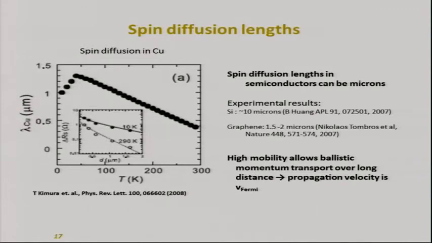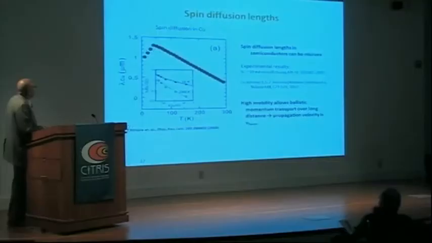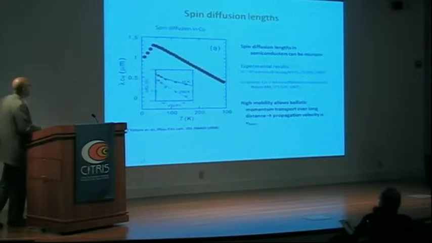What are the distances you might be able to communicate over? Well, spin diffusion lengths in copper are on the order of half a micron. Silicon could be as much as 10 microns. Graphene has actively been looked at as a spin channel recently. It's got a spin diffusion length of about 2 microns, and its advantage is that the speed of